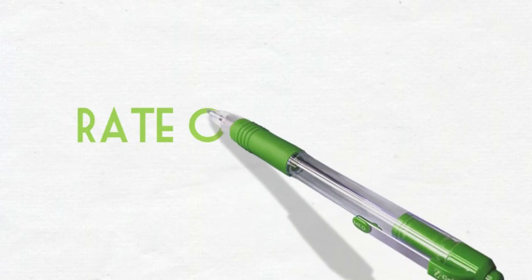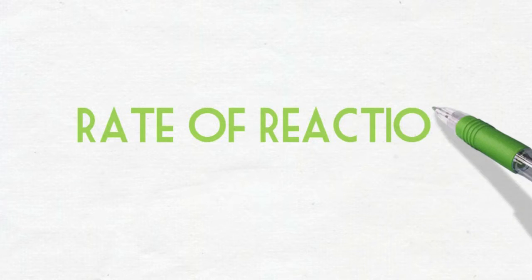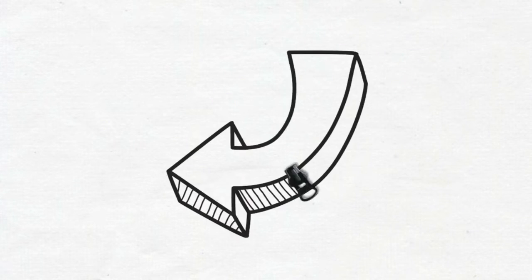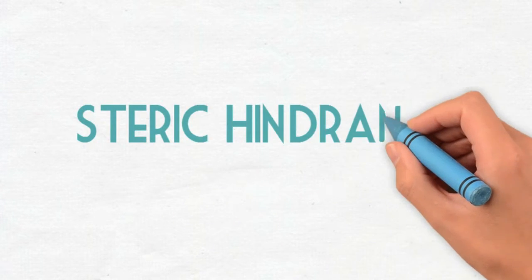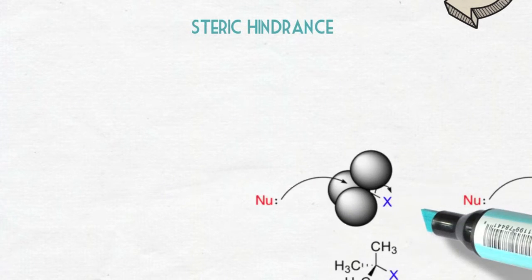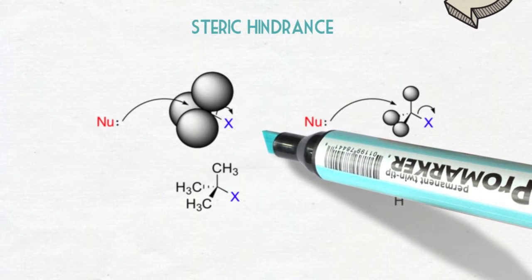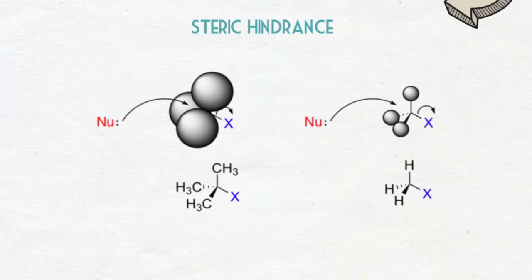Now, let us look at the different factors that affect the rate of reaction in these nucleophilic mechanisms. The first factor is steric hindrance. Steric hindrance on the carbon by bulky R groups hinders the approach of the nucleophile in SN2 reaction, slowing down the rate of reaction. The bulkier the groups, the more sterically hindered the approach of the nucleophile, hence the slower